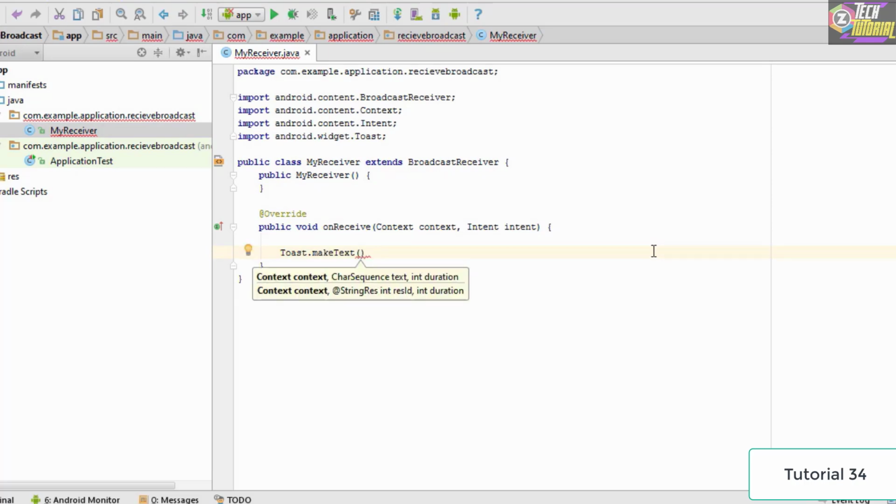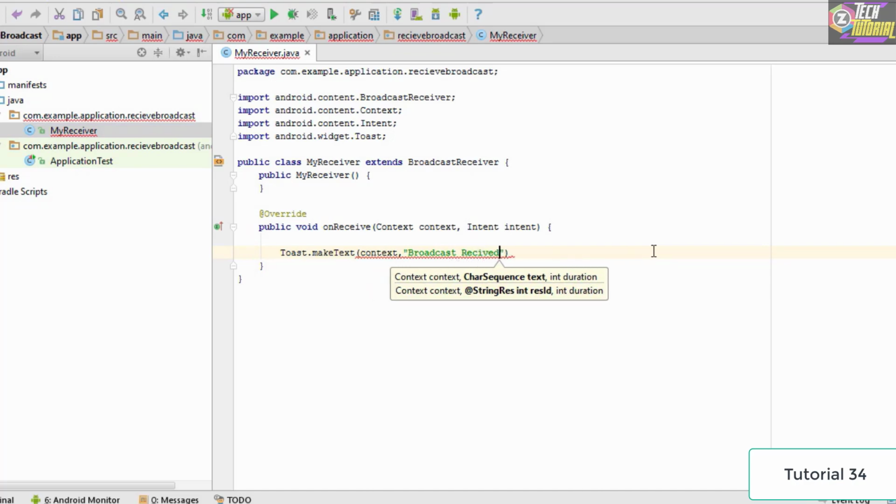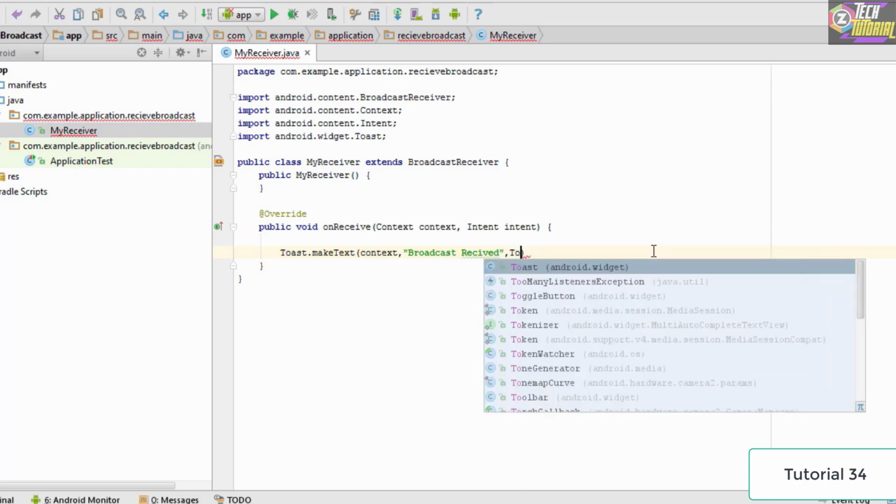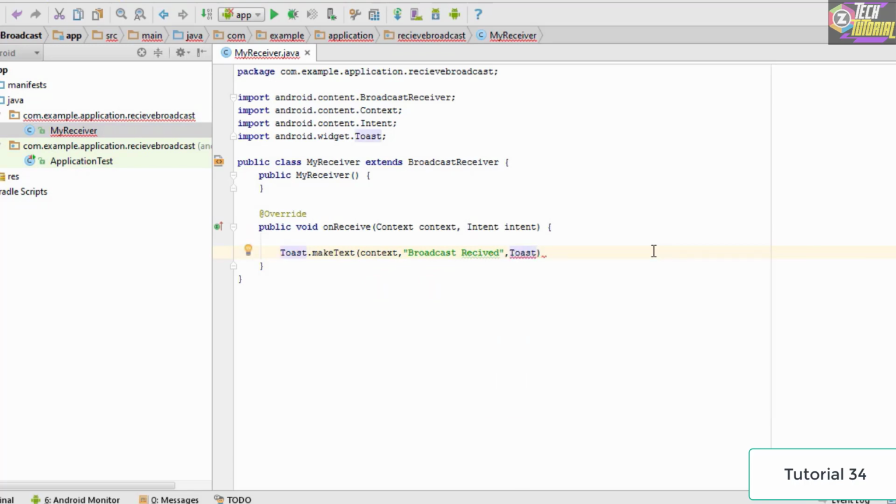The first parameter is going to be the context, so we type context. Then we need to type in the message which we want to mention. So let's say we type broadcast received. Then the third parameter we pass in is going to be toast dot length long, and this third parameter is the time duration for which we want to display the broadcast.